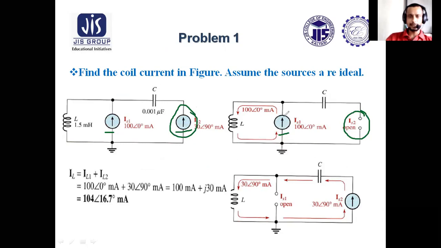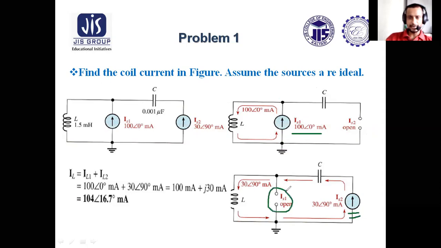So what is the current path? No current can flow through this path as it is open. But the entire current, 100 angle 0 milliampere, will be flowing like this. So due to the 100 angle 0 degree milliampere source alone, the current through the coil will be 100 angle 0. Similarly, while considering the second source, the first source has been deactivated by an open circuit